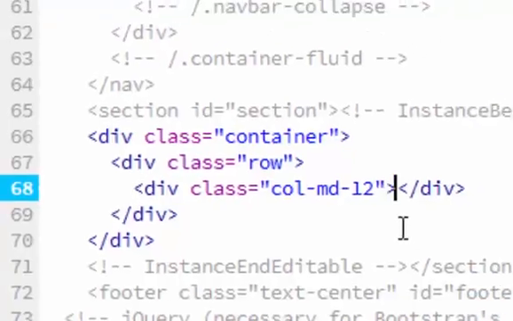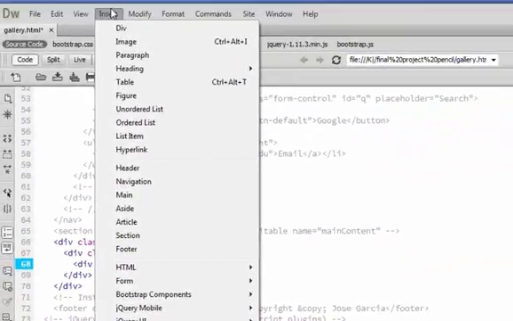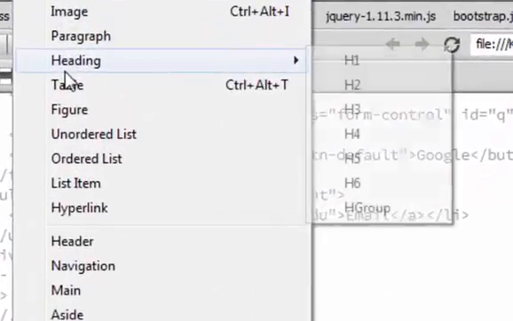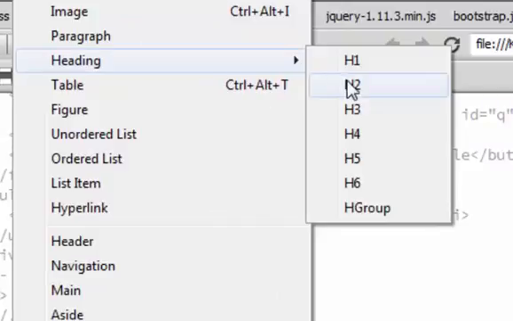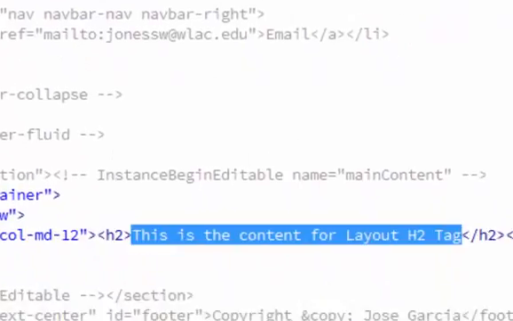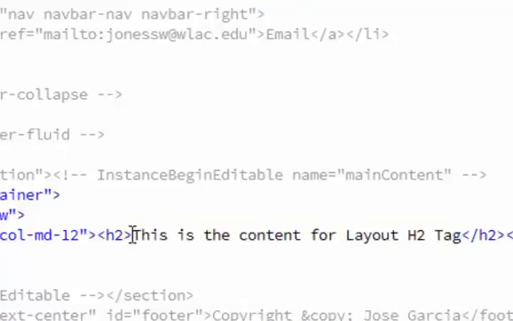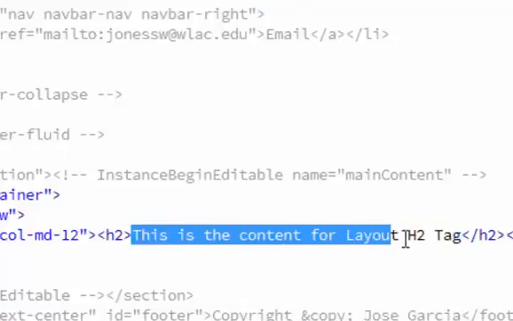With our cursor here in the middle, we're going to go to Insert, and we're going to choose a heading 2. So I'm going to choose heading 2 right up here. And there is our heading 2, just drops it right in there. And we can see we get some placeholder text. And we're going to change this placeholder text to just read gallery. So I'm going to highlight that. That's my placeholder content. And I'm just going to type gallery,